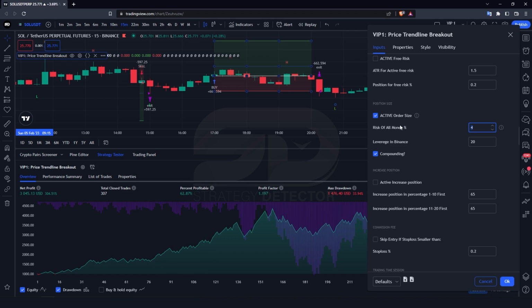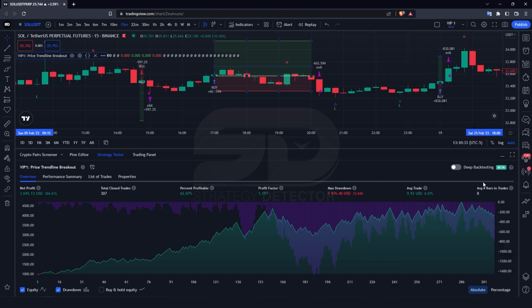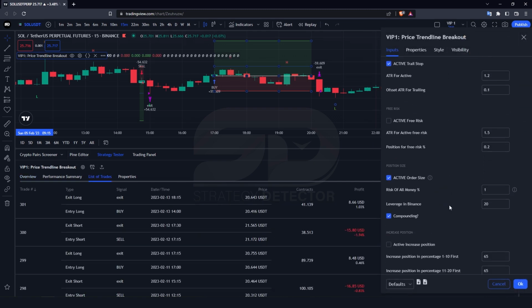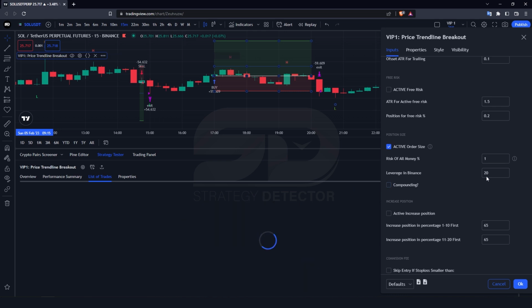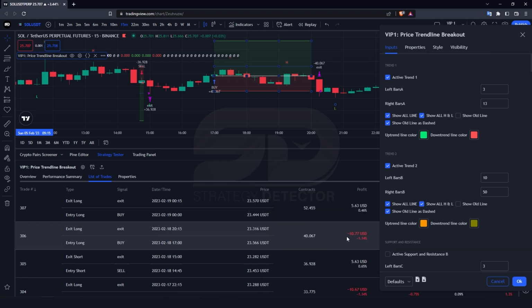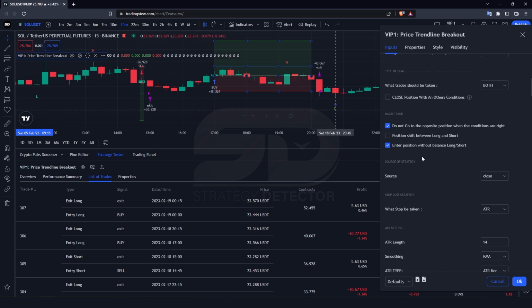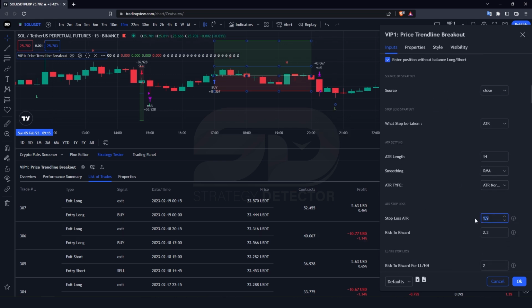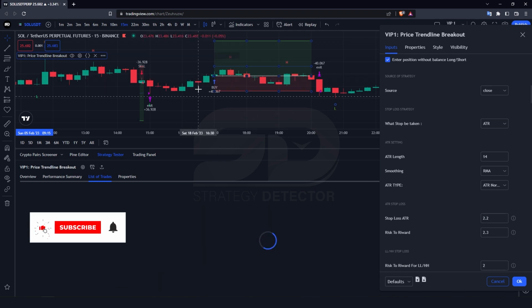You can consider this amount of risk according to the distance you have from the stop. No matter how long the stop distance is, you will have the same 1% risk for each position. For example, if you take a look at the list of trades and turn off compounding, you will risk 1% of your $1,000. And if you risk 1% of your investment, if your stop distance changes, then you will still have the same 1% risk. Here, if we change stop loss ATR from 1.9 to 2.2 and increase the distance here,